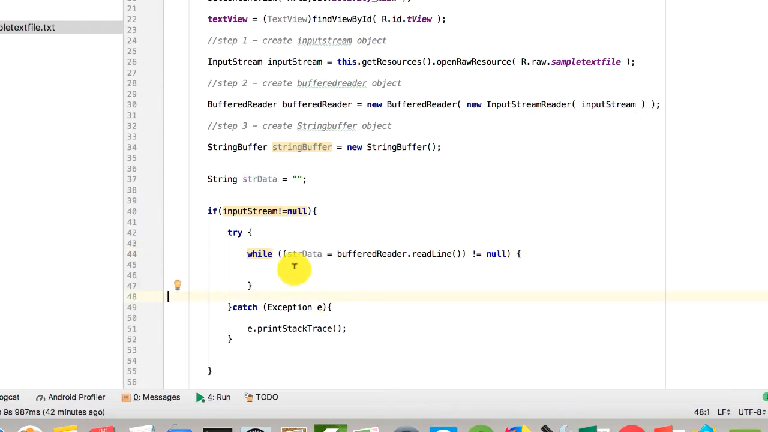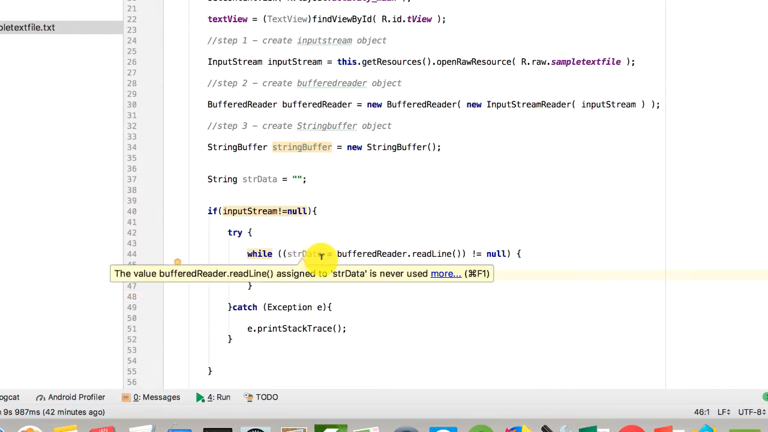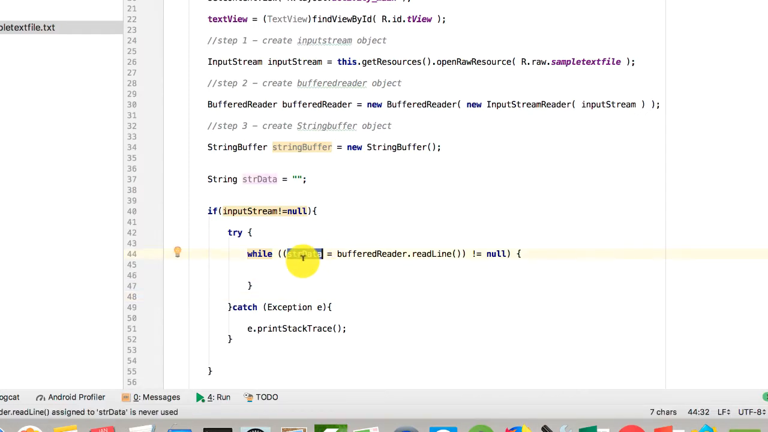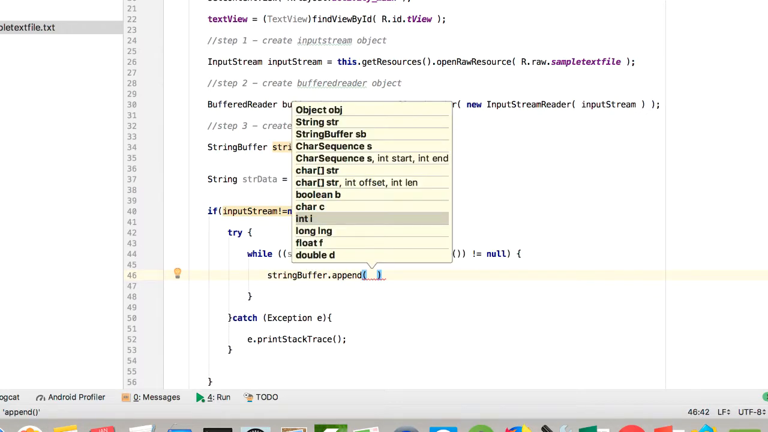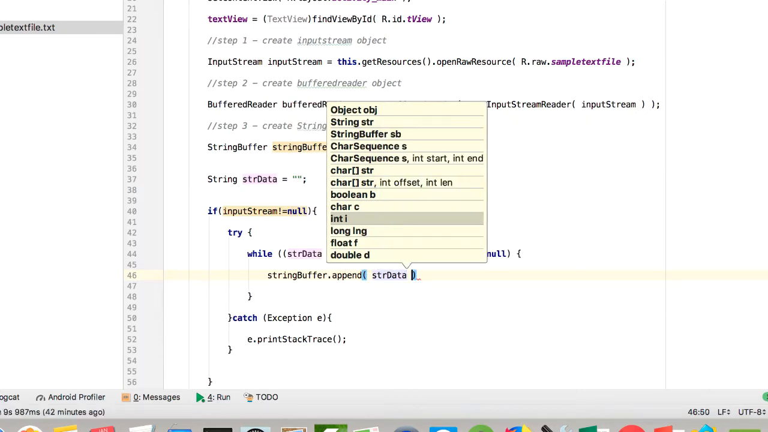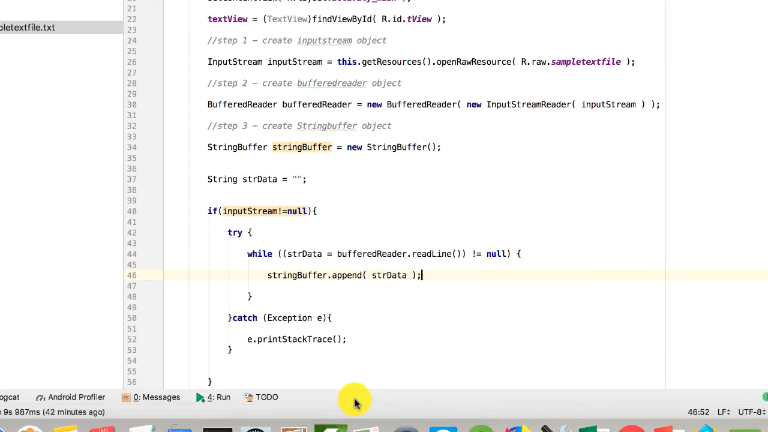And then after doing that, we need to pass the content of the string variable into our string buffer. Okay, so we have an object, stringBuffer, here. So stringBuffer.append. We use append because it just adds up to what's already inside the string buffer. Okay, append strData. So if we run this,